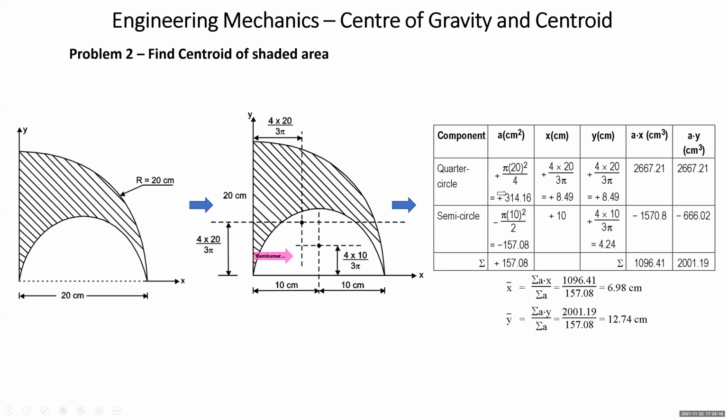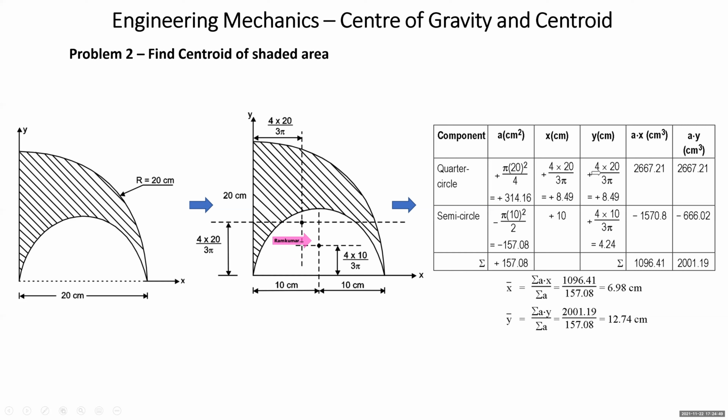Now, coordinates are to be read as per coordinate geometry. Now, semicircle. Next is semicircle area pi r square by 2. We took it minus since it is to be subtracted. This is the centroid of the semicircle. It is at what distance? This point is right of the y-axis, so x coordinate is positive, plus 10. This point is above the x-axis by what distance? 4r upon 3 pi, 4 into 10 upon 3 pi. You can use your scientific calculator to do all this calculation.